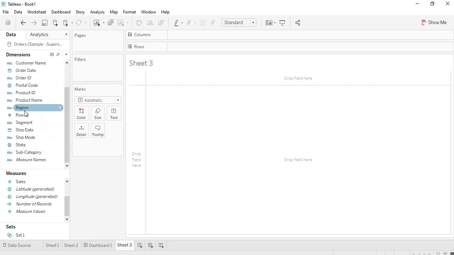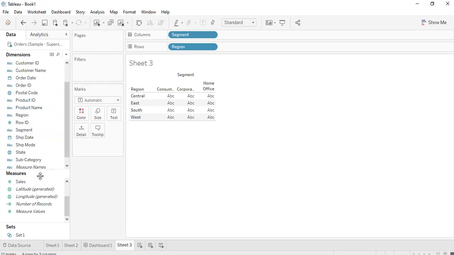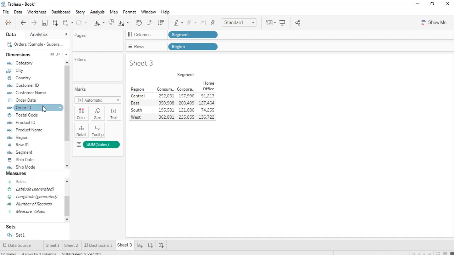Okay, so let this visualization have region, and let it have segment. Okay, and then let it have sales. So for each region, what are the segment by sales now that we have represented in a table format. Okay, so now the next thing we need to do to demonstrate this cascade